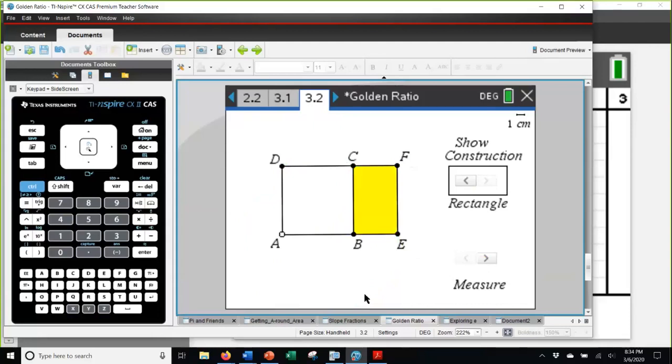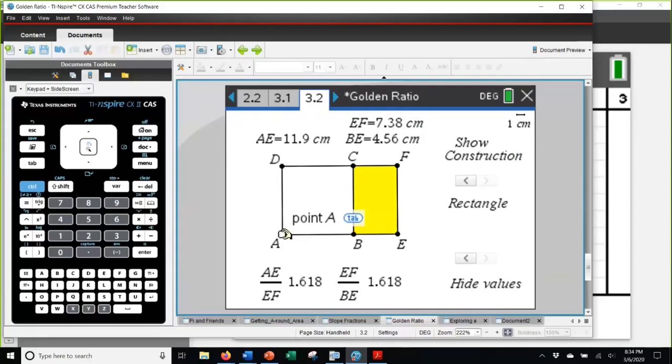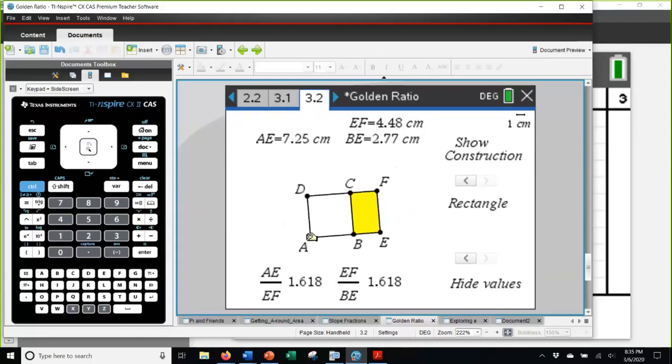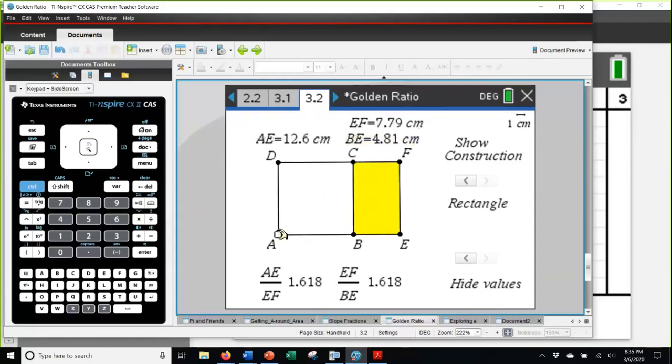And the extra piece, as I said, that gets added on, it is itself a golden rectangle. And you can take a look at the measurements and the ratios themselves. Again, it's the ratio of the whole side to the short side of the big rectangle, and then the ratio of the long side and the short side of the smaller rectangle. And these ratios will hold to the golden ratio even if we change the size of the original square. You can pull on point A, you can make it smaller, you can make it larger, and you can see the sizes are changing, but the ratios are remaining the same.